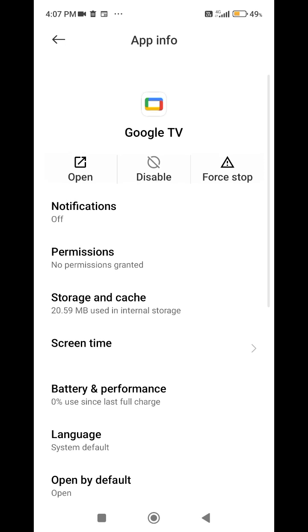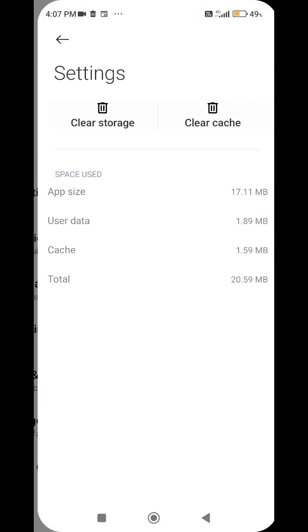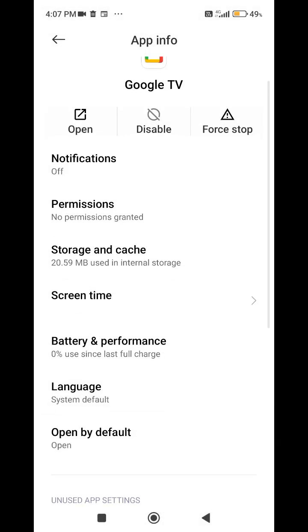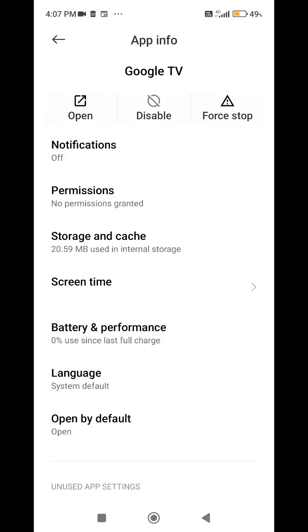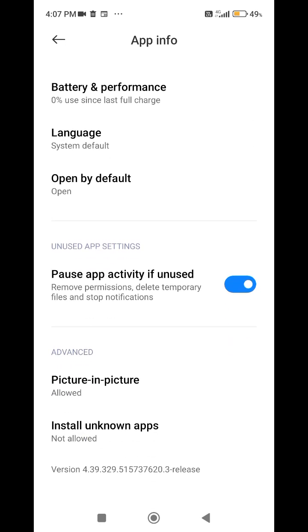This app doesn't close by default. When you close it, it keeps running in the background. And if I go to storage, as you can see, it has accessed some data even though I haven't run this app. It is not advisable to allow this app to run in the background. So again, I'm going to